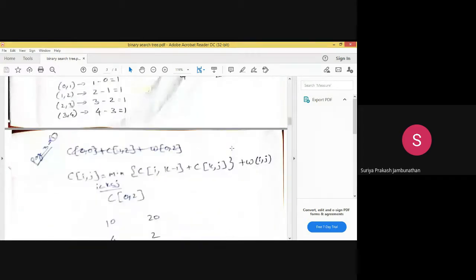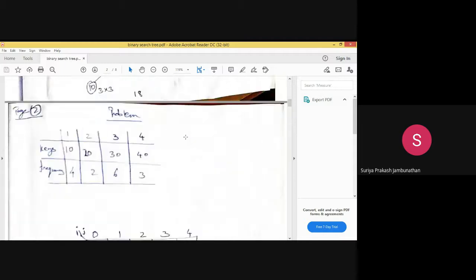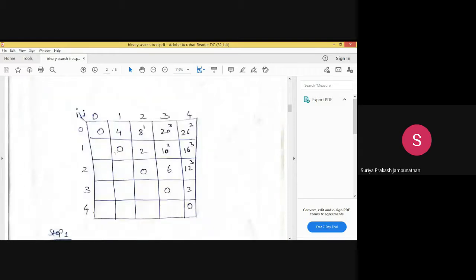Now what we are doing further, these values we have to fill in. Keep in mind, when you are taking 4, what is the root? For 4 the root is 1, for 2 the root is 2, for 6 the root is 3, for 3 the root is 4. That we have to fill in here. So 4 power 1, 2 power 2, 6 power 3, 3 power 4, you have to fill in. I missed filling in this root. The root has to come in the top place, like 4 power 1, 2 power 2, 6 power 3, 3 power 4.